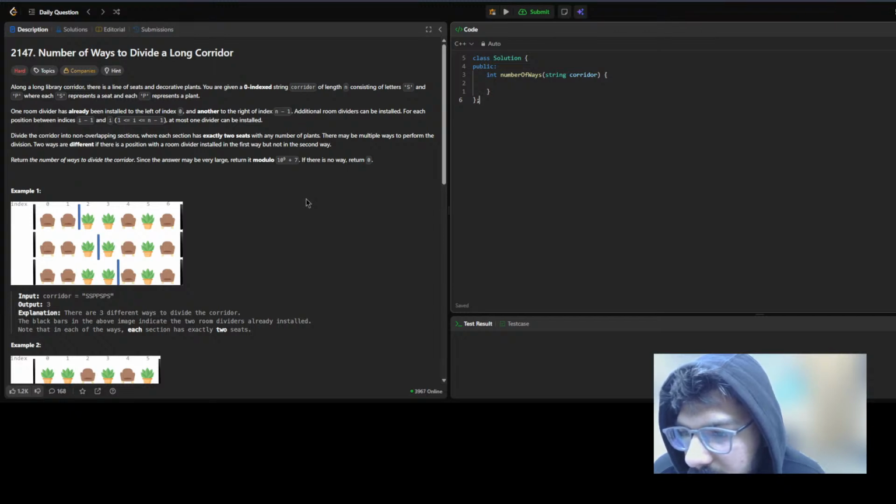Along a long library corridor, there is a line of seats and decorative plants. You are given a zero-indexed string corridor